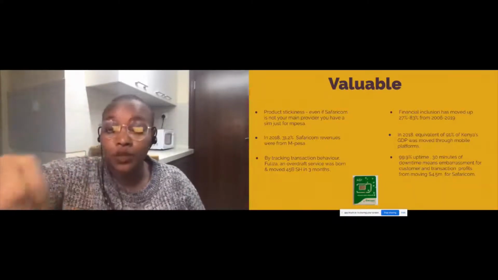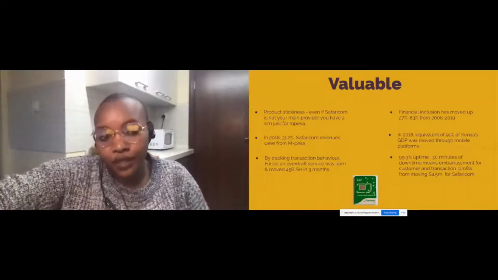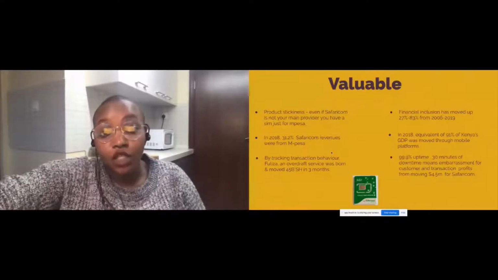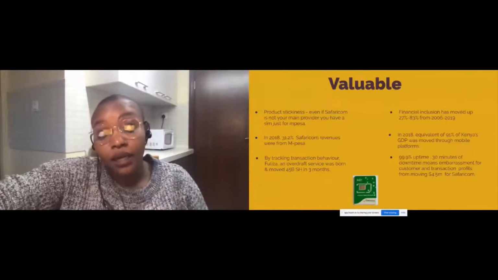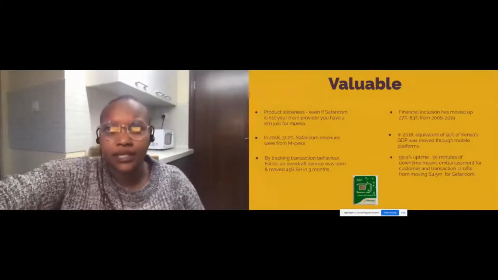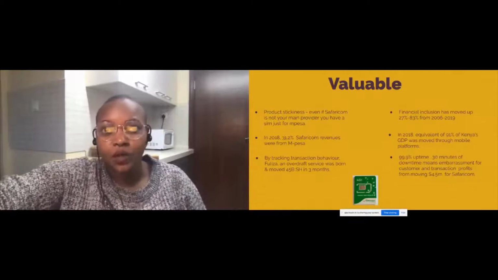In 2018, 31.2% of Safaricom revenues were from M-Pesa, and that is wild. And that was, I think, 71 or 72.99 billion shillings, which is massive, right? Yes, but you can see that if your product is truly valuable, it also brings massive value to your business, and those are things that UXers we should not forget, right?